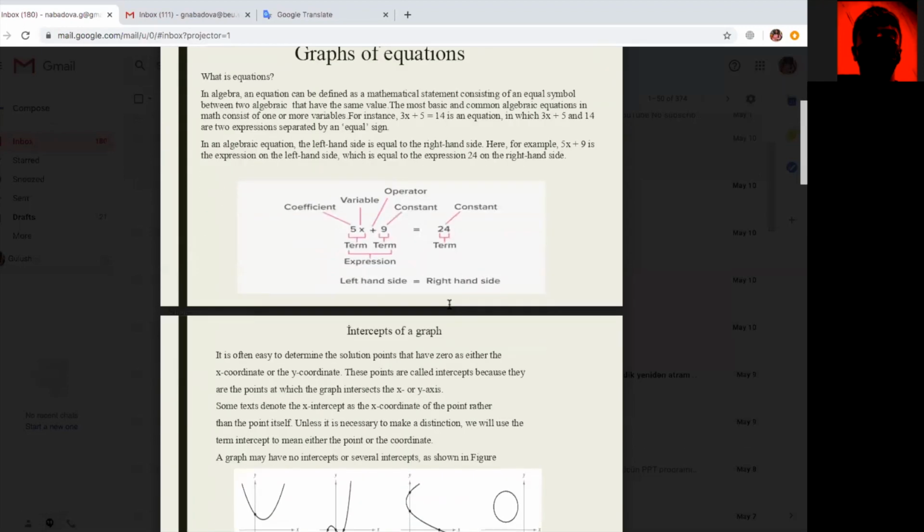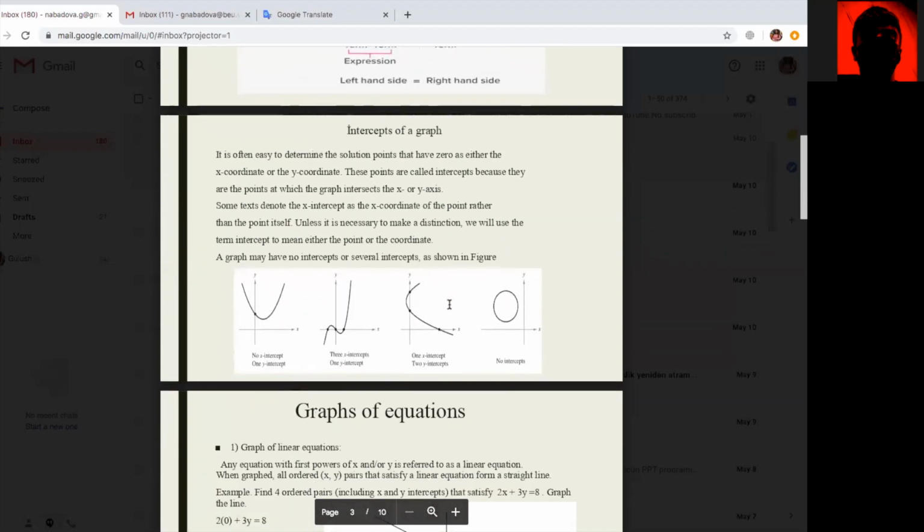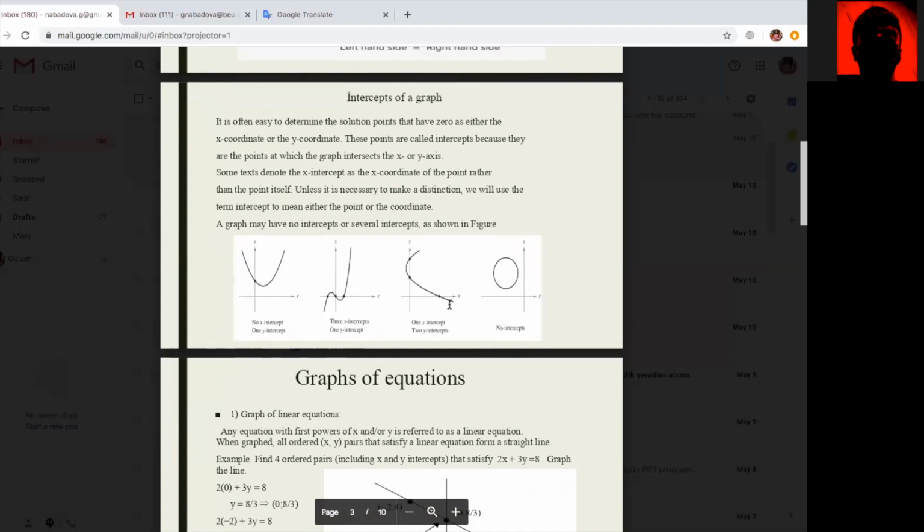Great. And those are the intercepts of a graph. It is often easy to determine the solution points that have 0 as either the x-coordinate or the y-coordinate. Those points are called intercepts because they are the points at which the graph intersects the x or y axis. Some texts denote the x-intercept as the x-coordinate of the point rather than the point itself. Unless it is necessary to make a distinction, we will use the